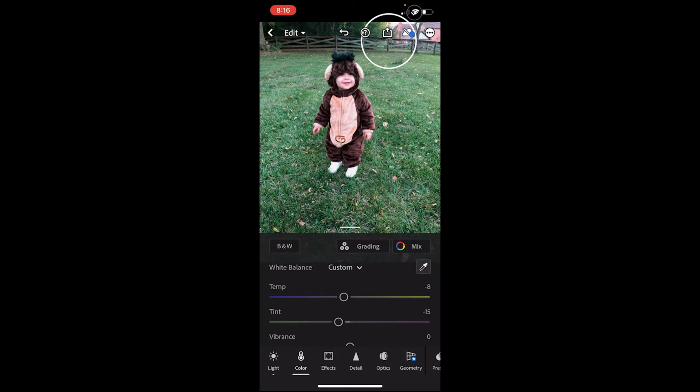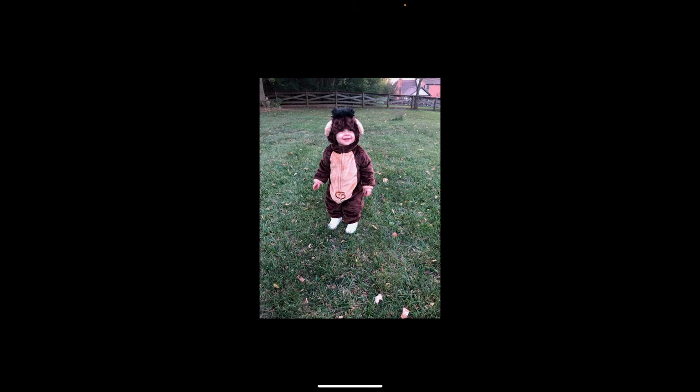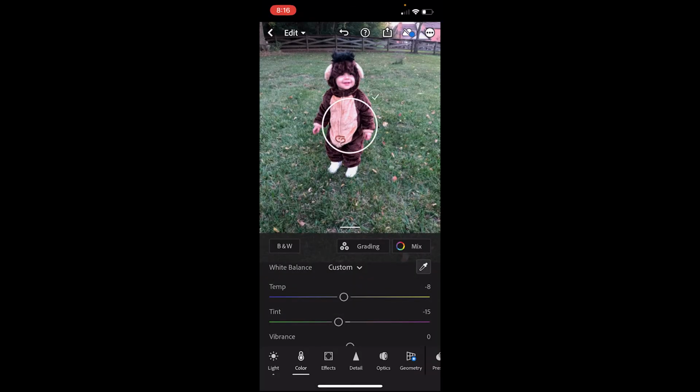Now, here is an issue that I have with Lightroom. The issue that I have with Lightroom is that I'm picking this fence as my white balance, and sometimes that little check mark goes off of the screen and you can't click it. Let's see if it works now. Yeah, see, I can't click that, so